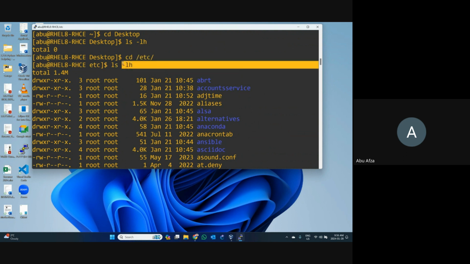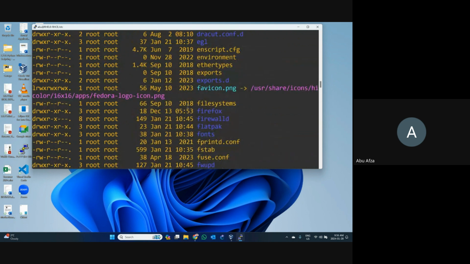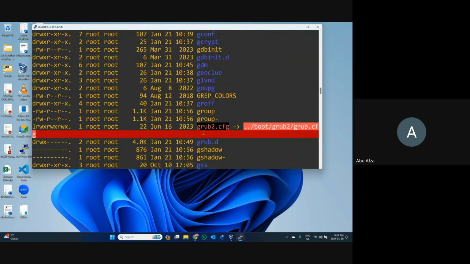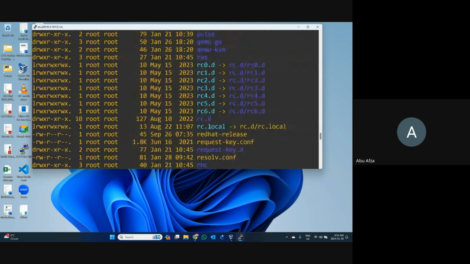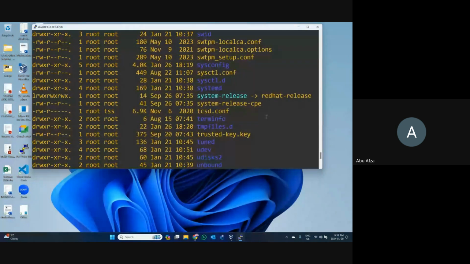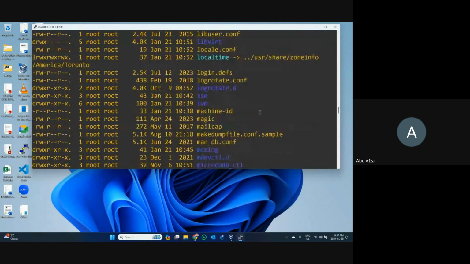I write down ls -a. What is the difference between ls -l and ls -a? With -a, you can see all the hidden files also in here. Some are hidden files, and that color is a little bit different. Like in here, no, not that one. Some files are all hidden. We cannot see clearly in here, but let's discuss from the first one.